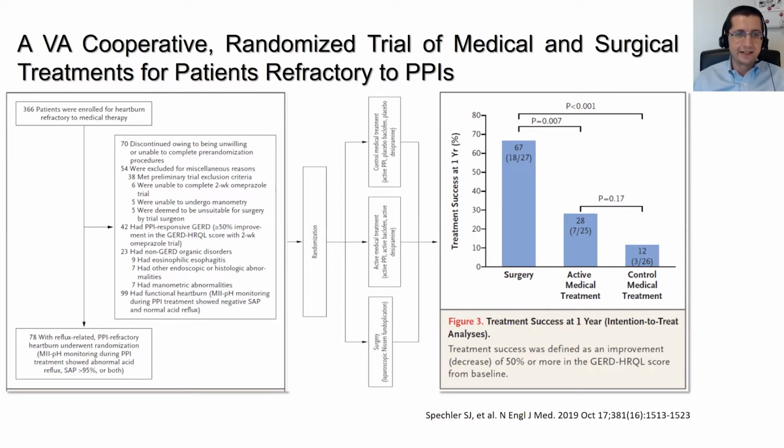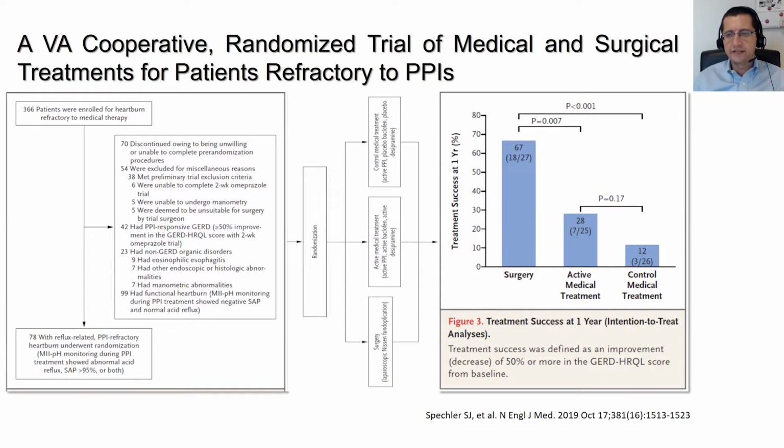After a deep analysis, excluding those patients who responded to PPI therapy or who had different diagnoses as compared to gastroesophageal reflux disease, they identified 78 patients with reflux-related PPI-refractory heartburn who had a positive symptom association probability and/or an abnormal acid reflux. These patients were randomized to surgery, active medical treatment, or control medical treatment, in other terms,